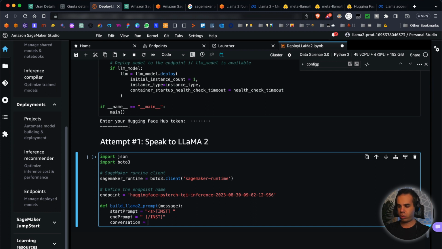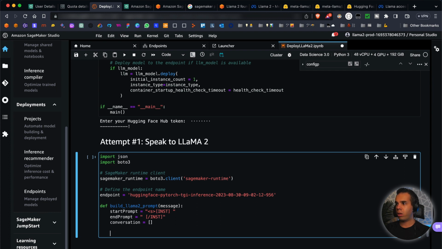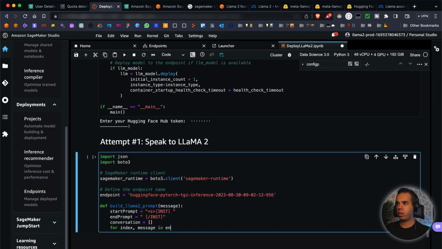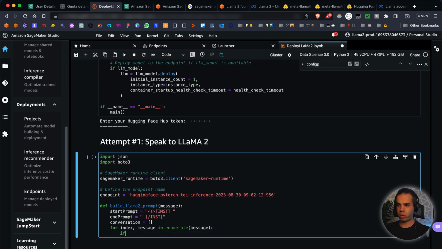Conversation equals an empty array to start. Then we'll do a for loop, passing an index and message, and enumerate messages. So if message role equals system and index equals 0,